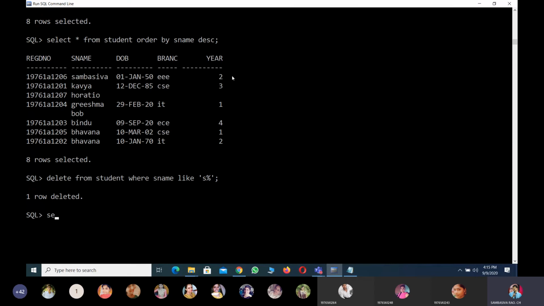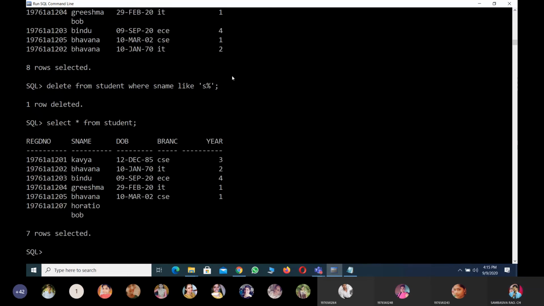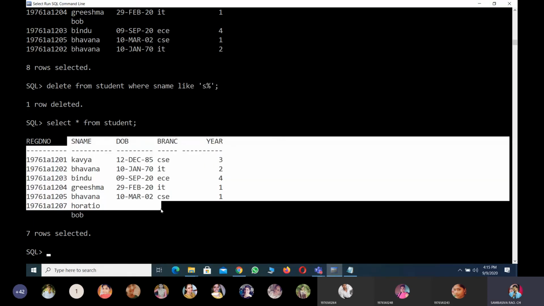This record is removed. Now we will print the table values. Select star from student. We have 7 records. That means the record whose name starts with S is removed from the database.